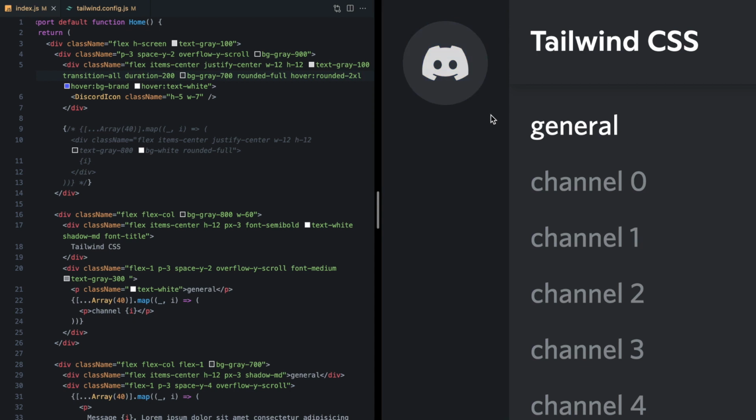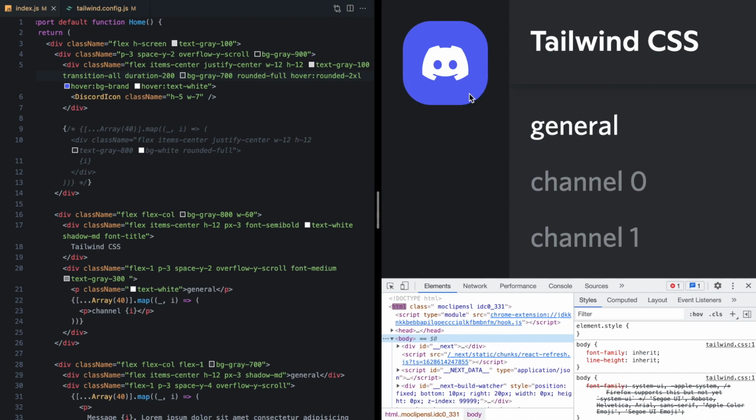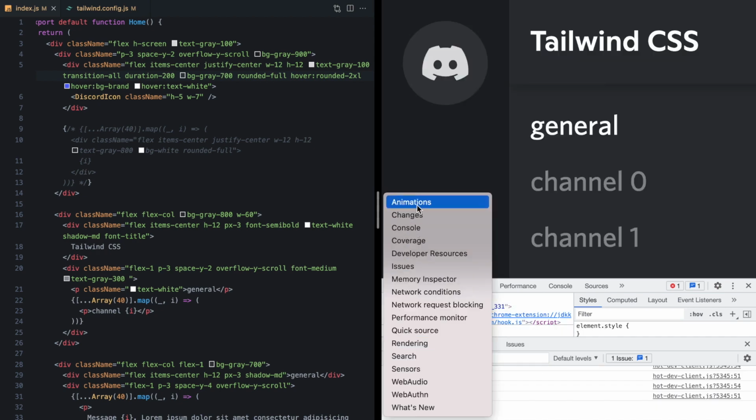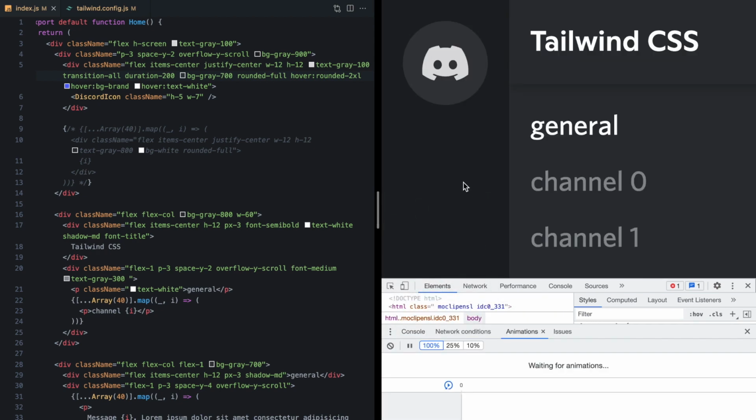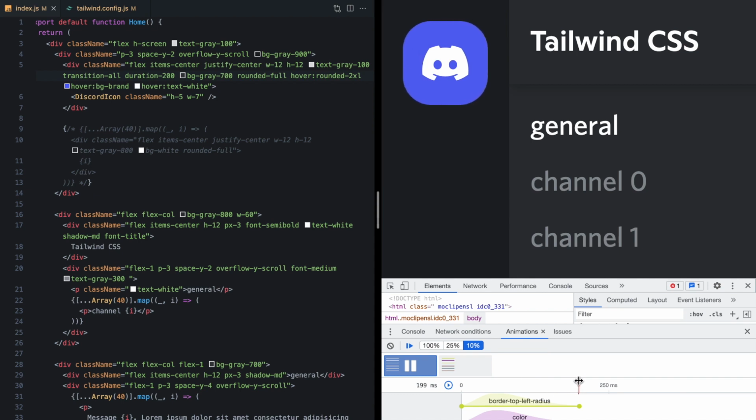But something still seems off here. Let's pop open our inspector, and let's take a look at the animations tab. If we go ahead and hover over our button, slow this down to 10%, and then click on this animation, we can actually grab this handle and take a closer look. So it's clear that our colors are transitioning smoothly, and it looks like the border radius is doing something here. And then as we get towards the end, we can actually see it kind of working, but it's definitely not